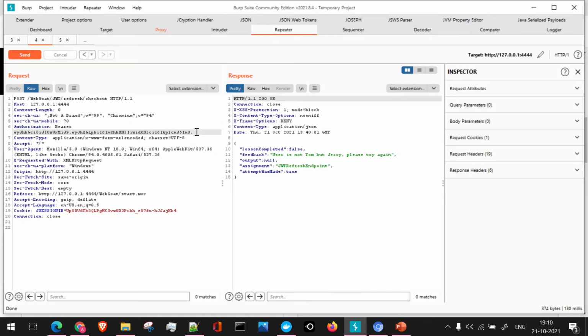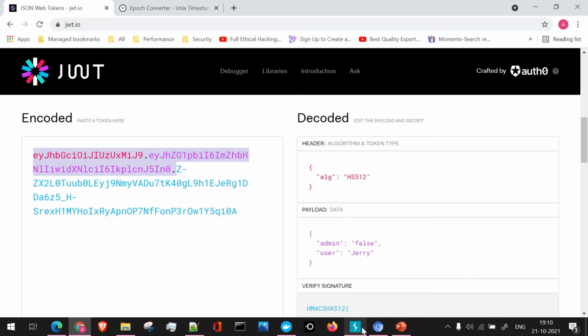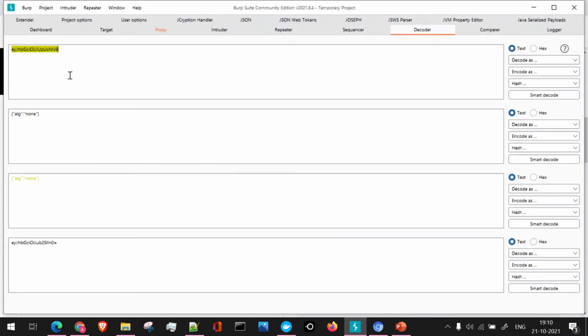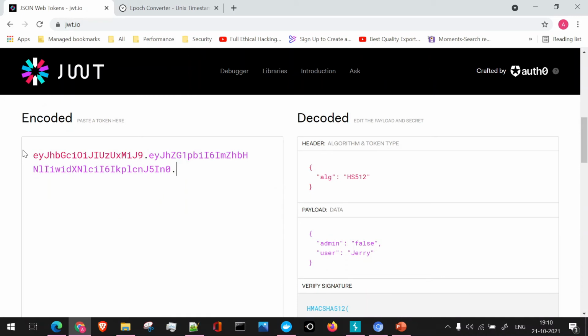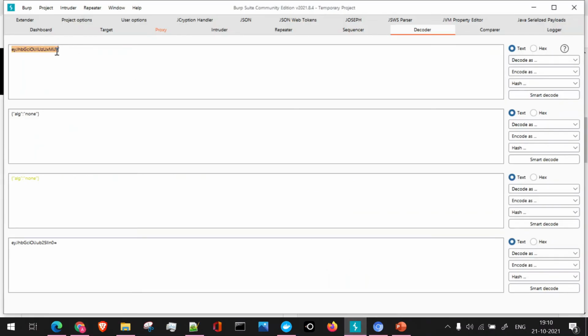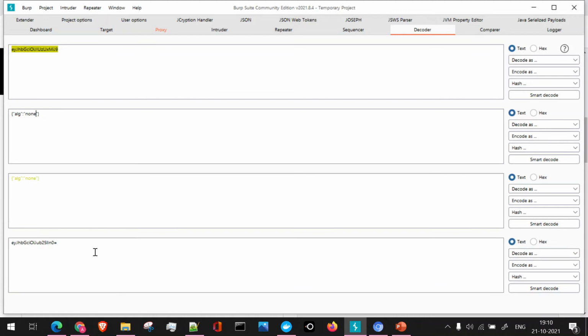So we can easily manipulate this token using decoder. We'll do the same thing which we just did for the token which we received from the log files. So I'll again go to Burp decoder, and here let's manipulate this token. To manipulate, first of all, I'll copy it here and we'll do it one by one. So first I'll use this particular part which talks about the algorithm. Let me just copy this and we'll set this to none. And again we will encode this to base64 and we'll copy this. I'll just save it in notepad.